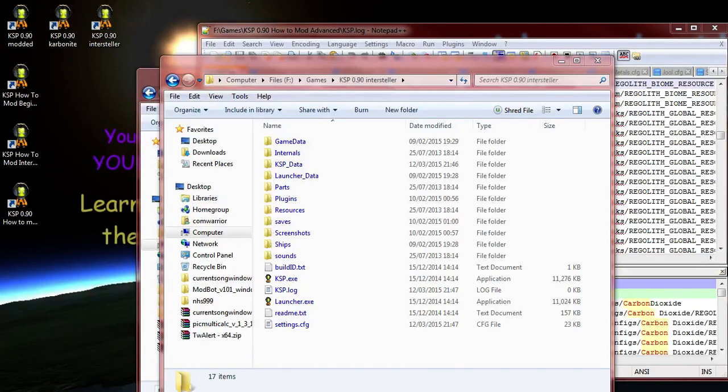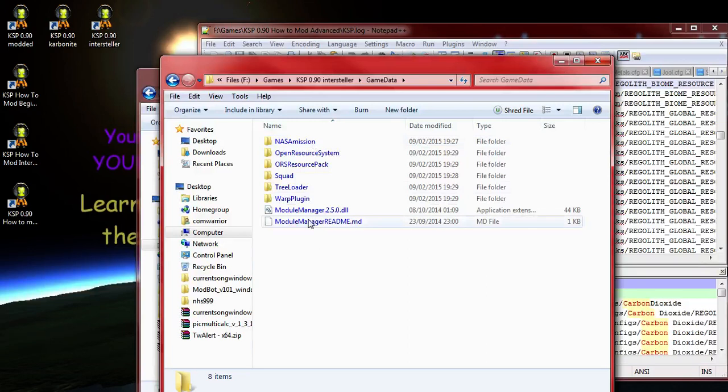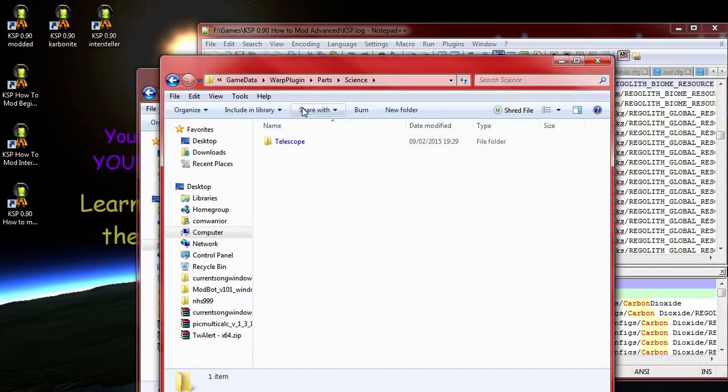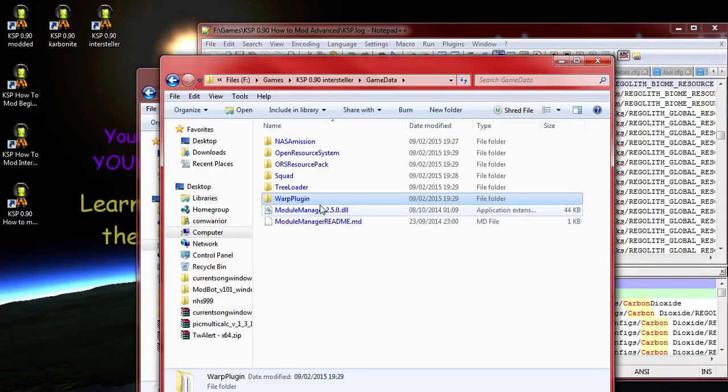Right, what do these parts actually do? Do they have any animations? Activate. Ooh, I like that. That's the part for detecting antimatter in Interstellar. I like that animation. Where is it? We're in the warp, I think. Parts, science. Oh, crap, that's the telescope. So it mustn't be under warp. It must be under...